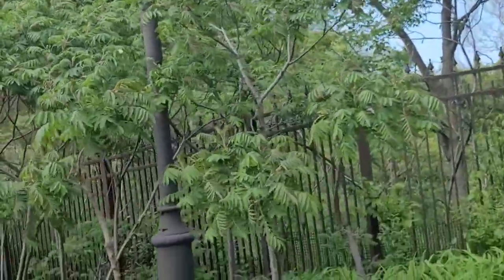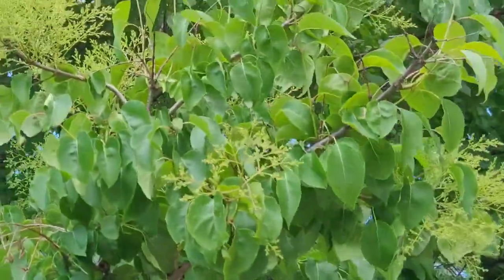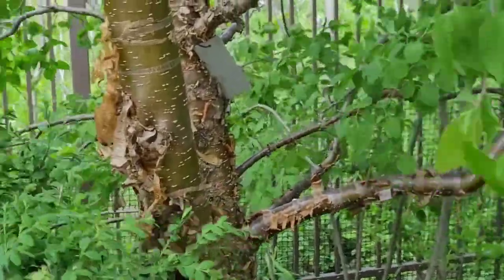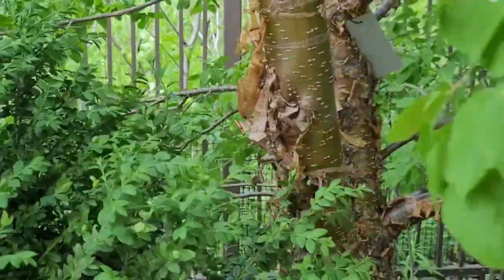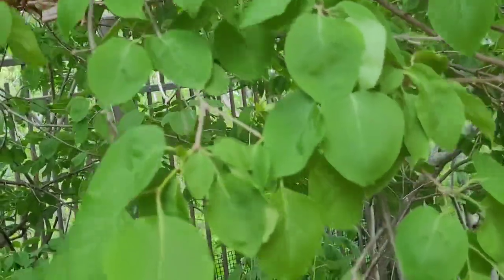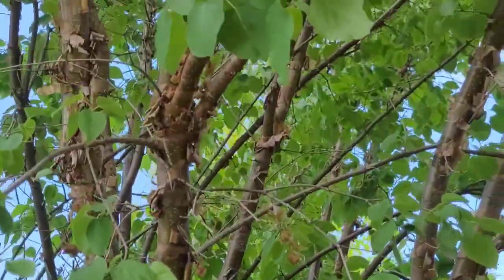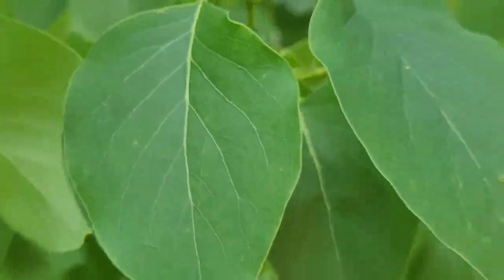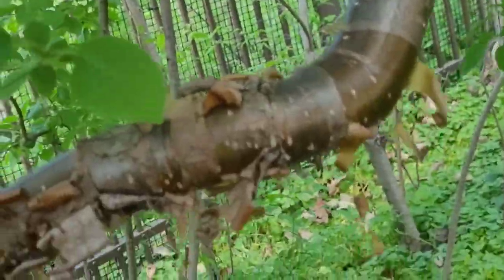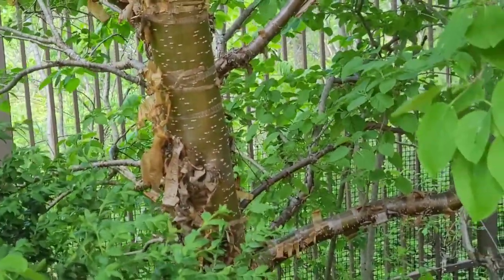There are some other bushes, and this particular plant, again, was identified. It has very peculiar exfoliating bark, although this is not birch. Leaves are opposite, and I will show you this name also written on this. It is Syringa reticulata. So this is unique Syringa, Chinese lilac,